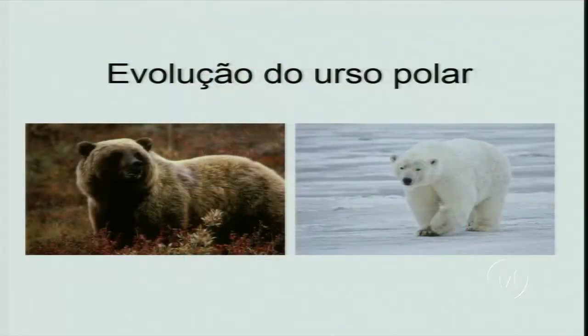Recently, the genome of the polar bear was sequenced, and the sequence of the brown bear's genome was sequenced earlier, and the two were compared, and the polar bear is thought to have descended from the brown bear. Well, how do you get a polar bear from a brown bear? It turns out that one of the major differences is that the polar bears can eat a lot of fat, like seal blubber, and they burn that to stay warm in their cold environment.